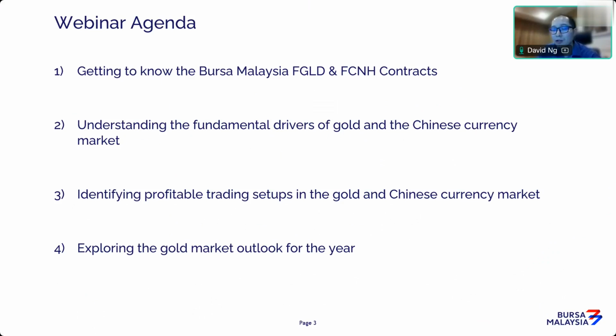So I think the trend for the Chinese currency is pretty much a downtrend for now because of the weakness of the economy, and obviously also the trade tension between the US and China. So with all this confluence of factors, you can clearly see the trend that's in place in the market. And as a trader watching the market, this is a good space to be in at this point in time.